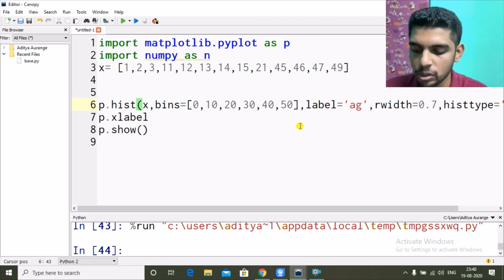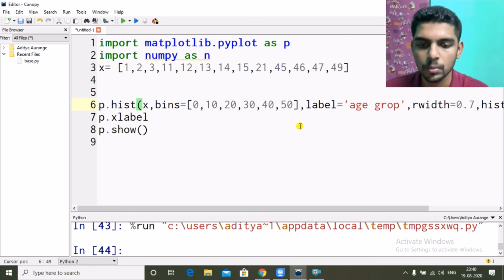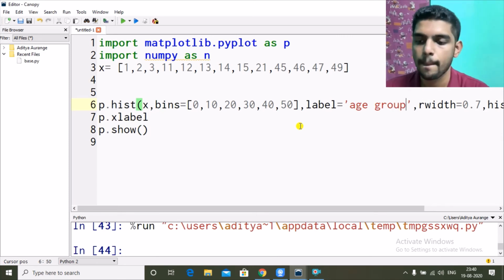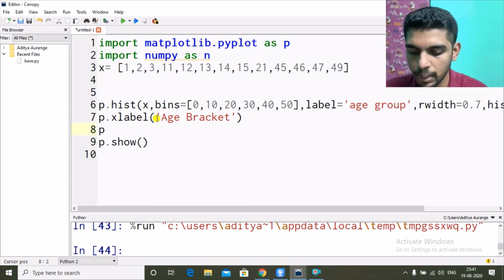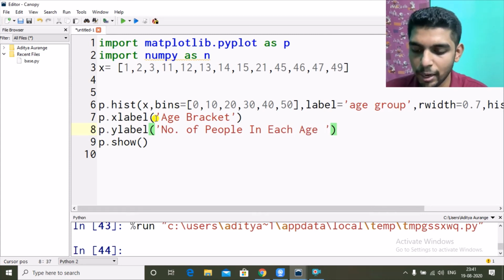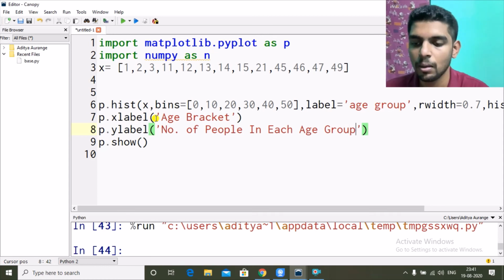So age group, and xlabel, let me give age bracket, and plt.ylabel, let me give number of people in each age. I don't know whether it will take such a long message, but let's see.